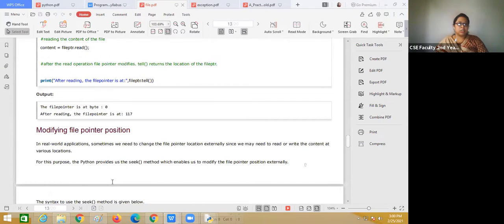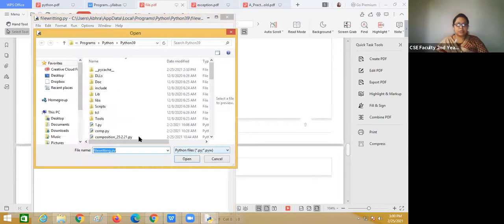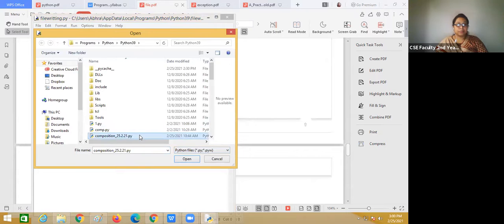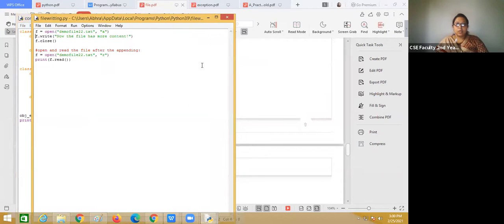Another thing we have to show is composition. Another topic in your syllabus is composition. What is a composition? So for composition, I just want to open that file.